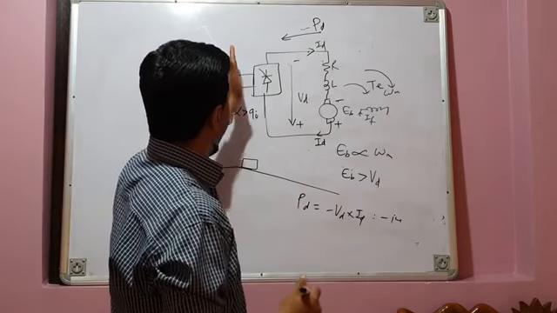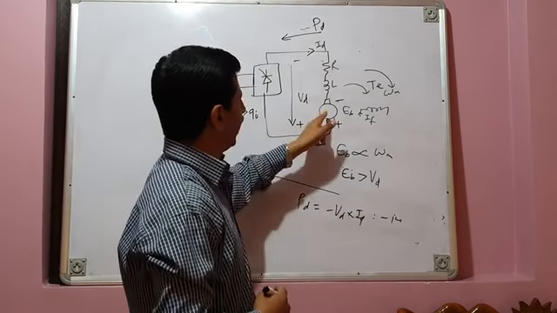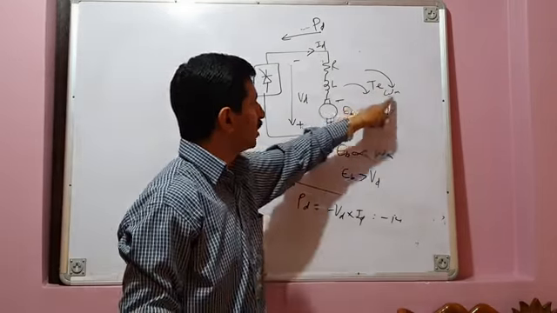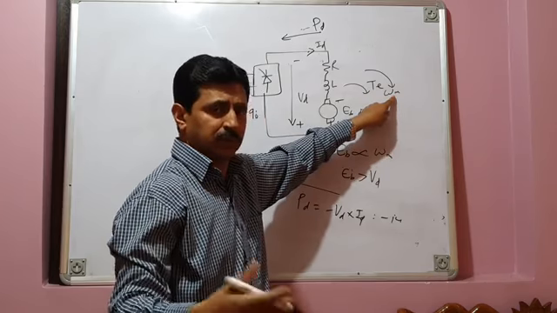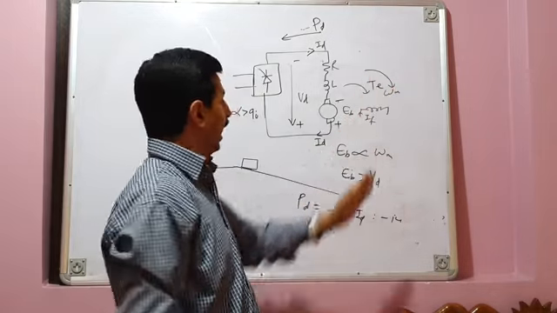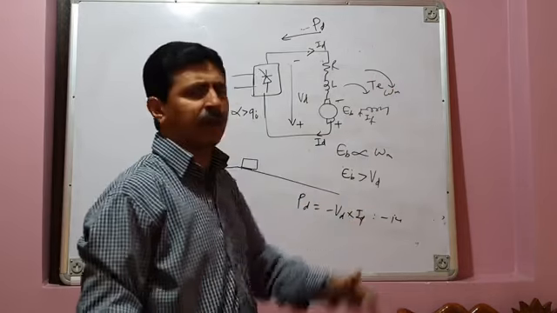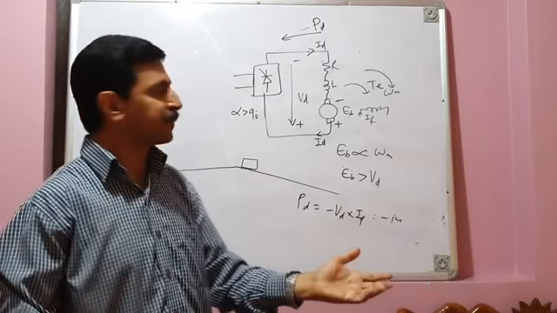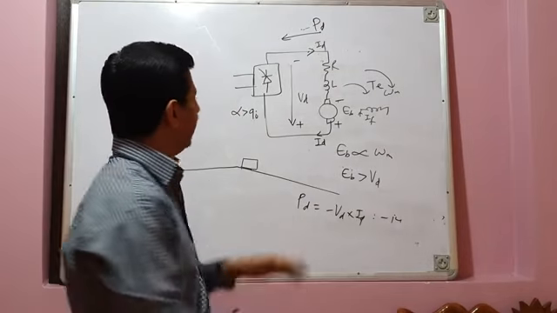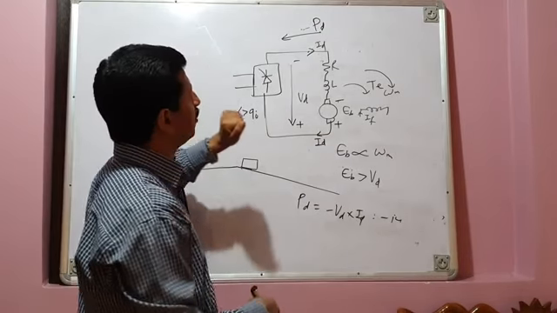Previously, for the rectification mode, power was flowing from source to load, and your machine was operating as a motor. It was developing torque and causing motor speed, say, in clockwise direction. And when the vehicle is moving down the gradient, your motor overspeeds and generates its own energy, EB becomes greater than VD, and you operate your converter in the inversion mode of operation.